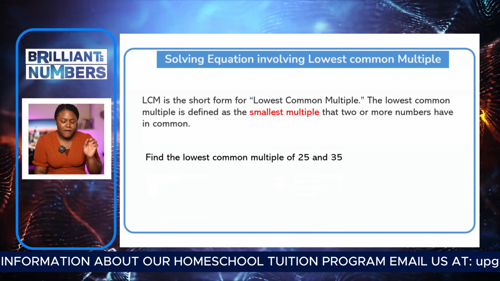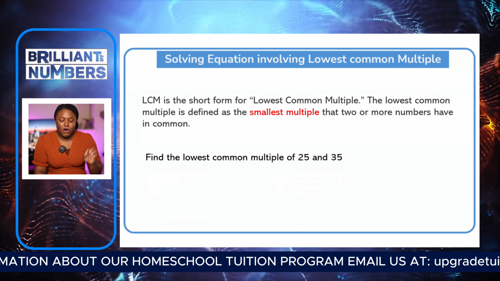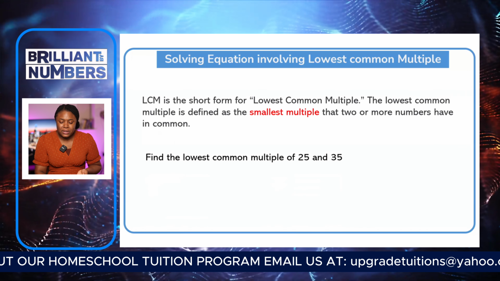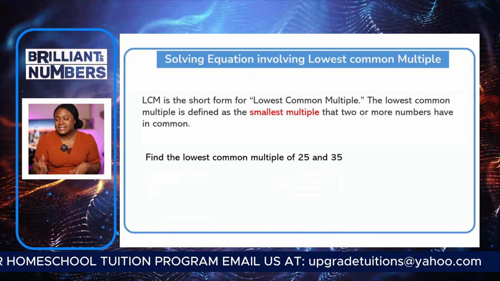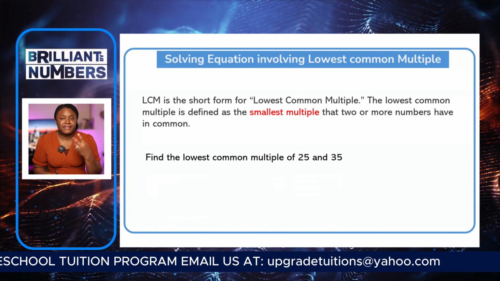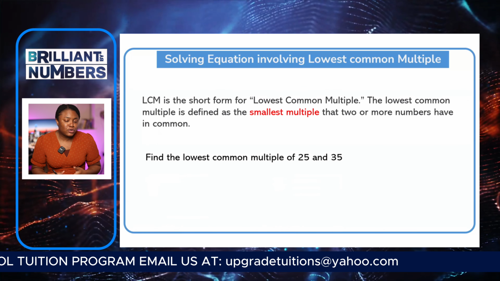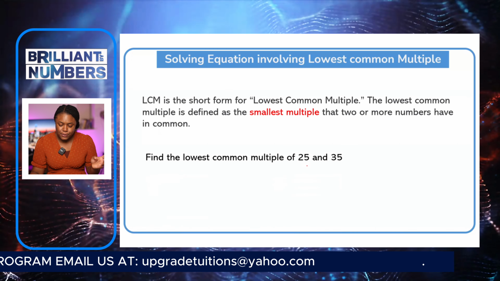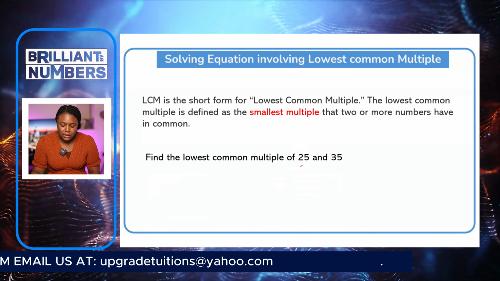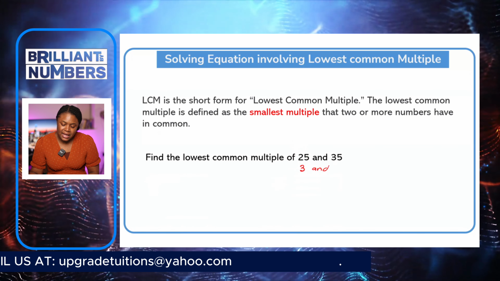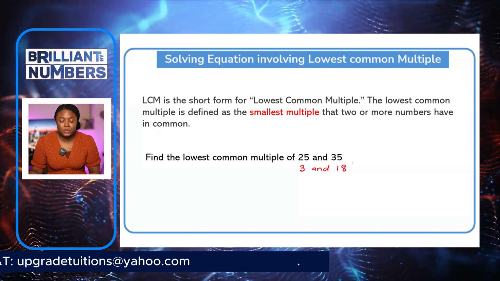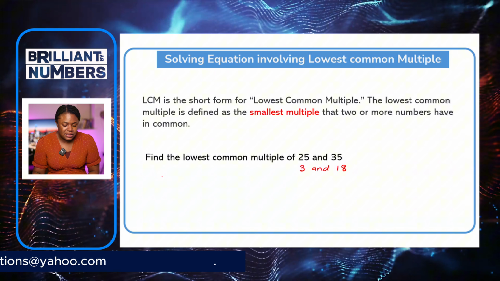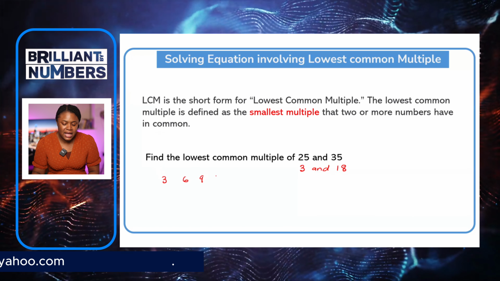So let's look here. Find the lowest common multiple of 25 and 35. So what we would have to do is to list the multiples of 25 and 35 until we found the smallest one. So in the interest of time, to get into our examples, I'm going to just use 2 smaller numbers. So 3 and 18. What if I wanted to find the multiples of 3 and 18? I would start by listing 3, 6, 9, 12,